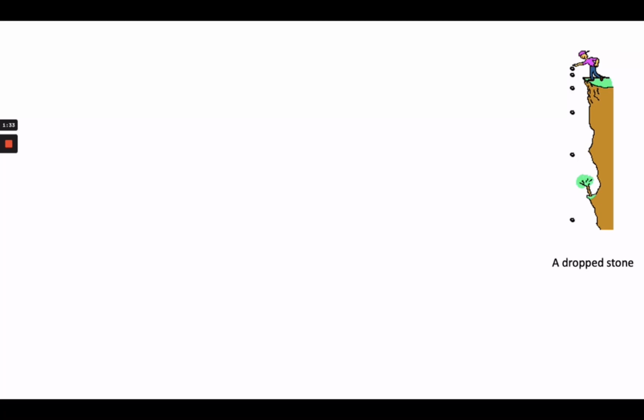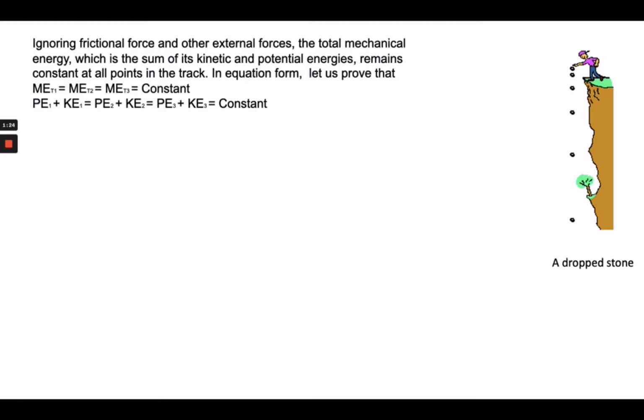Potential energy is position relative, while kinetic energy depends on the mass of an object and its velocity. Now, ignoring frictional force and other external forces, the total mechanical energy, which is the sum of the kinetic and potential energies, remains constant at all points in the track. In equation form, let us prove that mechanical energy total 1 is equal to mechanical energy total 2 is equal to mechanical energy total 3, and so on